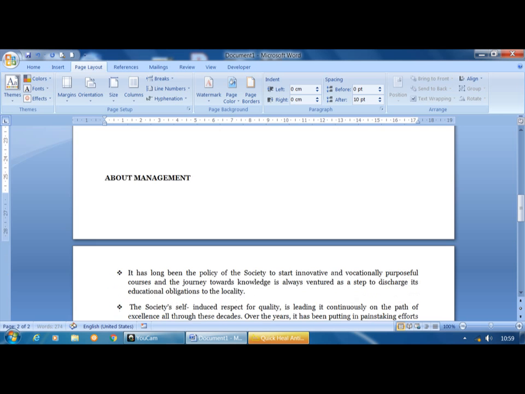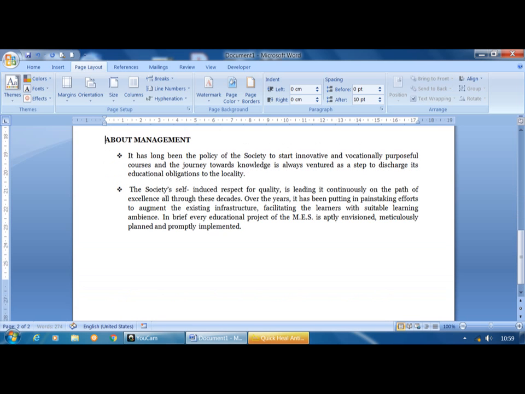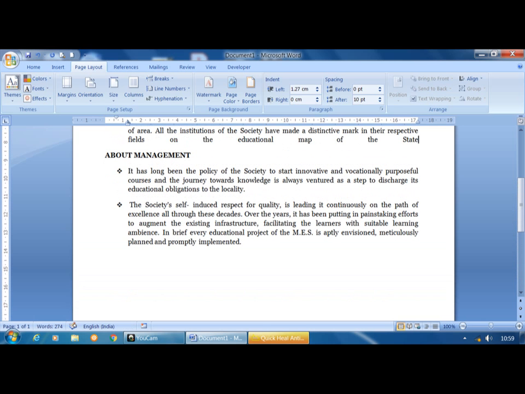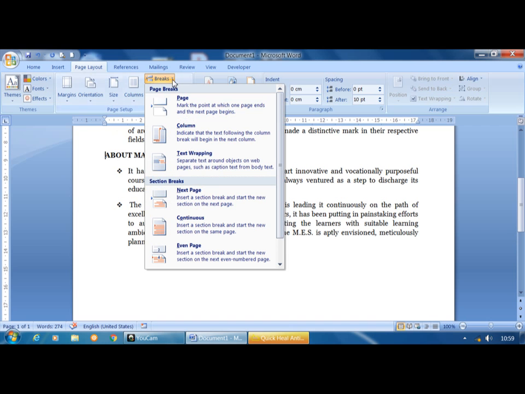Instead of that, what I can do is place the cursor at the starting position of about management, then click on the breaks option, then click on the page break option. Here it marks the point at which one page ends and the next page begins.